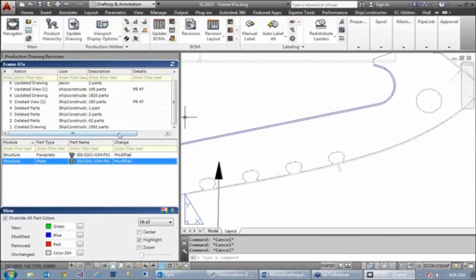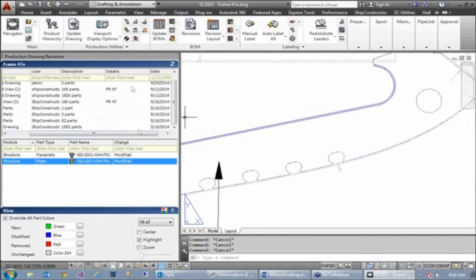Comments for these revisions? No, this is all automatically generated. So there are some comments, like the details. So, revisions,